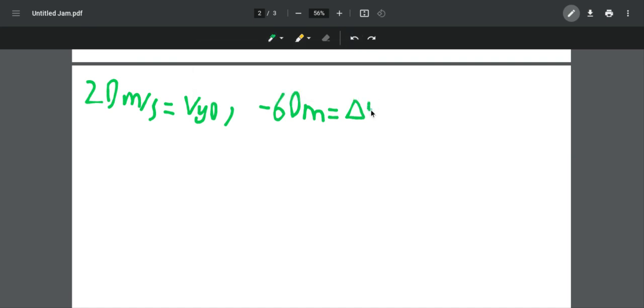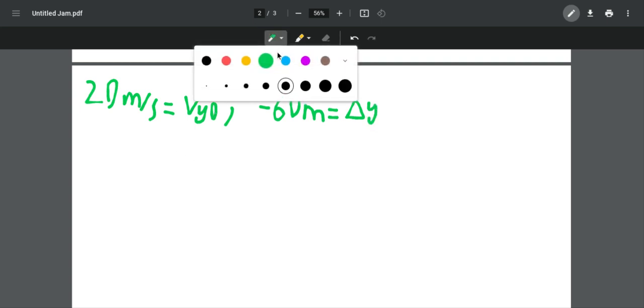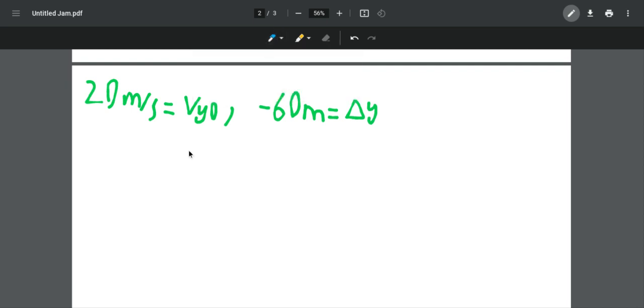Now we can use a famous physics equation that all physics students know, which states that delta y, the net displacement,